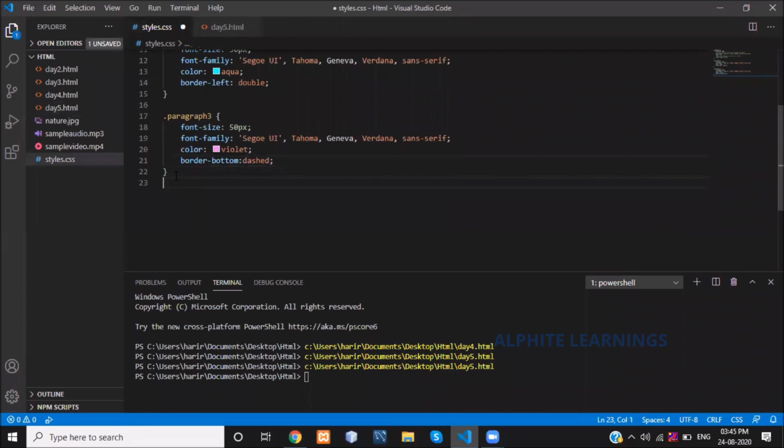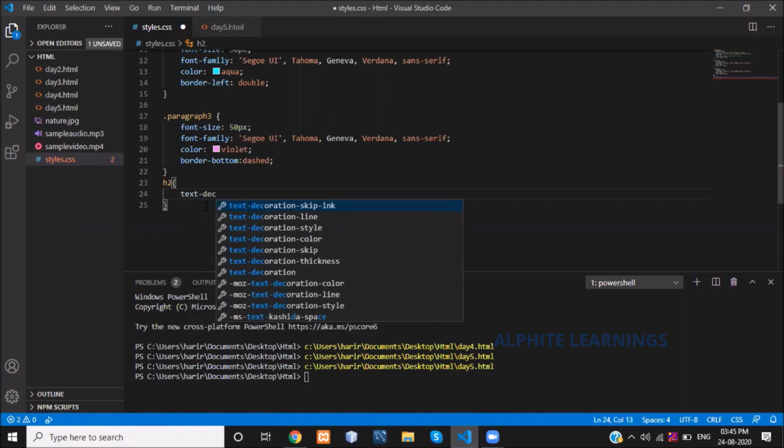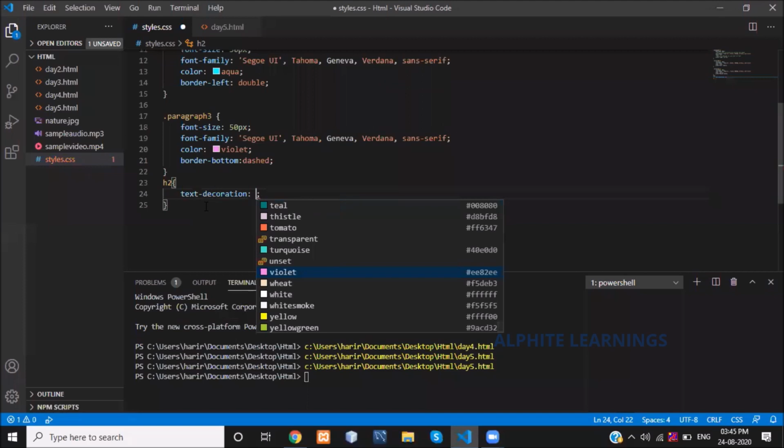What is the element I have given there? H2. My ultimate goal is to display my heading underlined. For that we have a property called text-decoration.